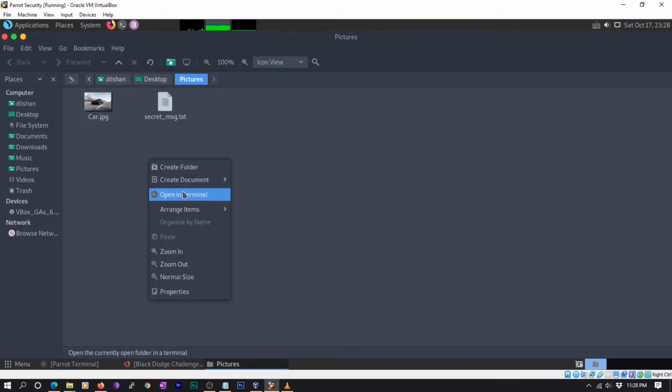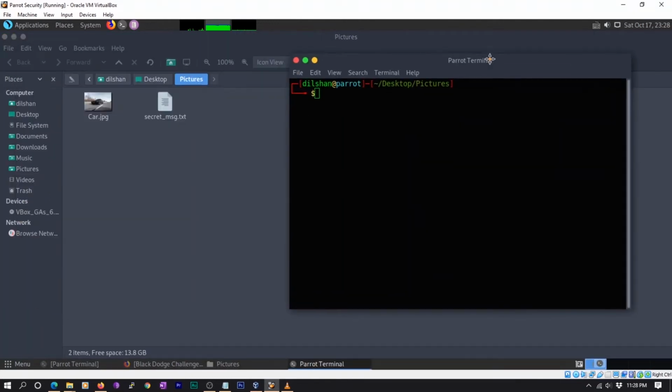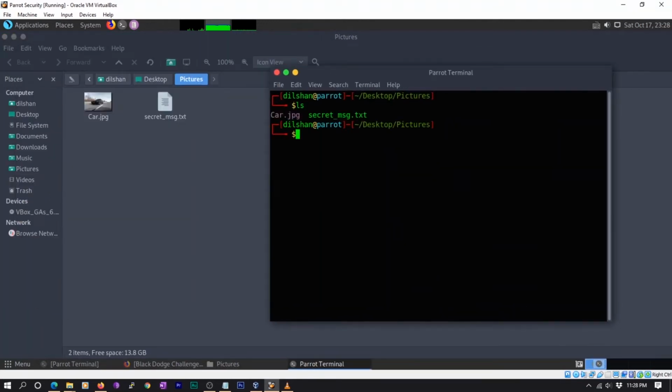So let's open the terminal and type this command. I'm creating a copy of the same image with the text concealed inside and giving it a different name to recognize it easily.